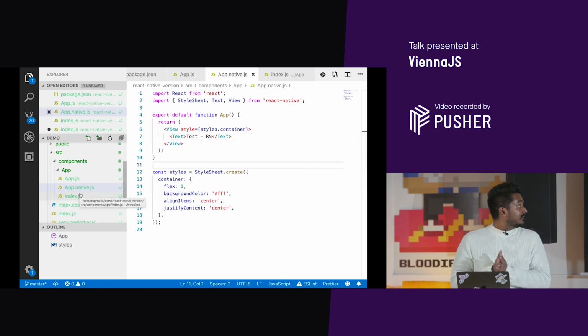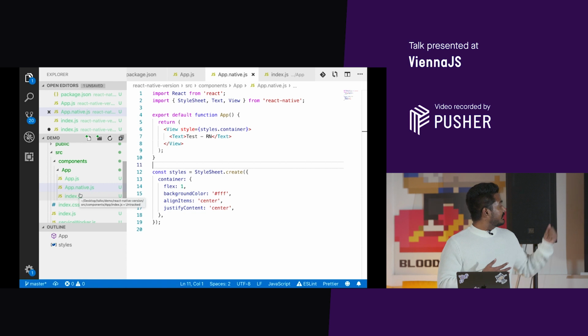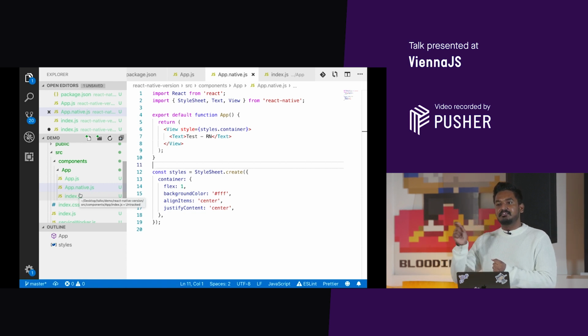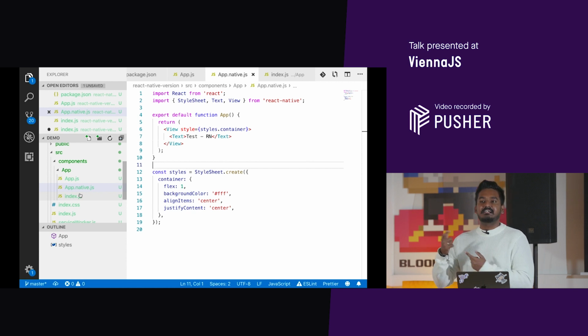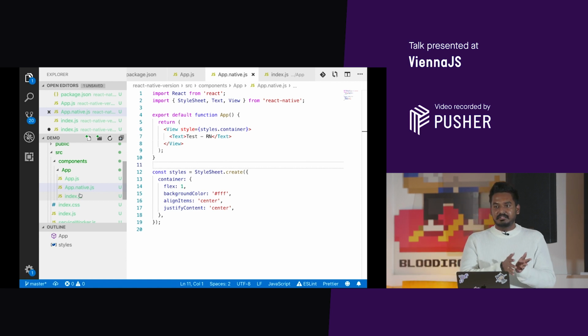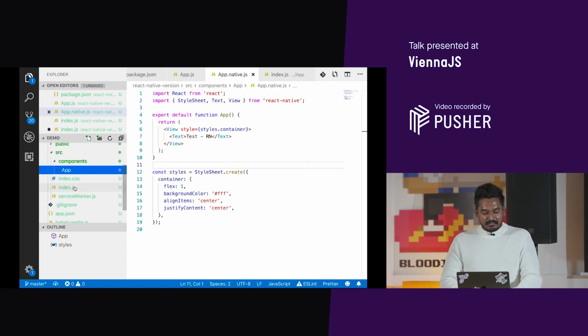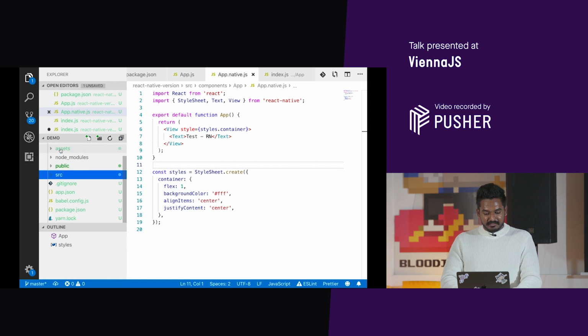So why have I done this? When a folder or the components are structured this way, automatically React Native looks for a file with the .native extension, and only when there is no .native extension does it start picking up the file with the .js extension. So now we have two versions of the same app component, one for the app and the other for the web. And now I'll add my index file,